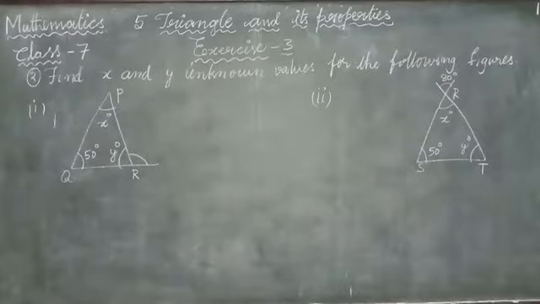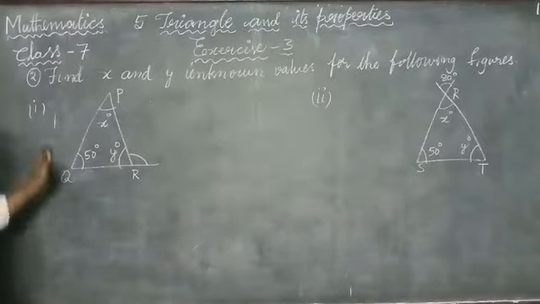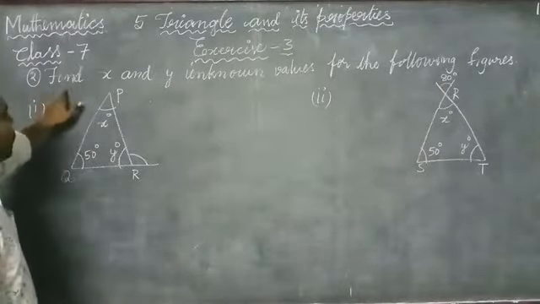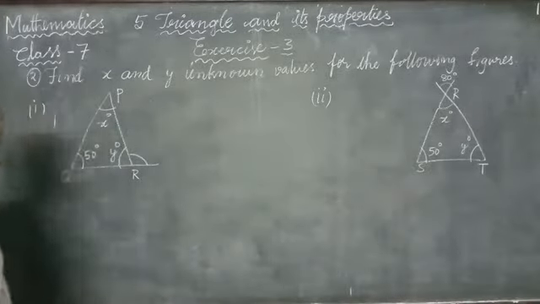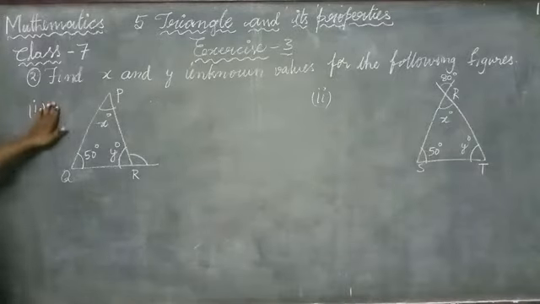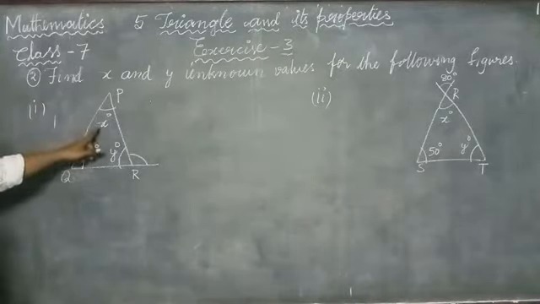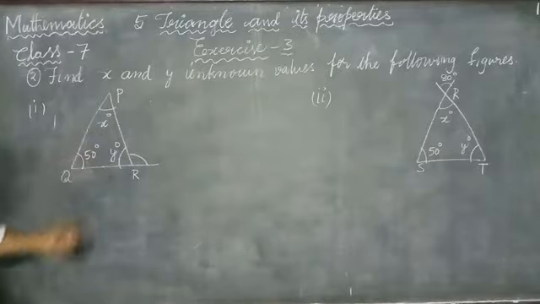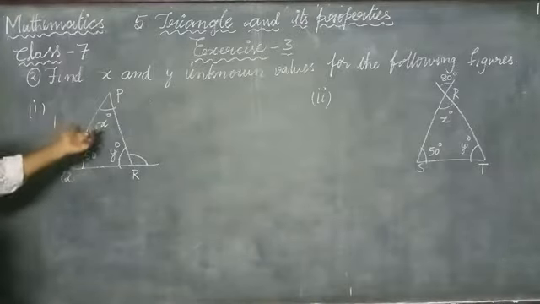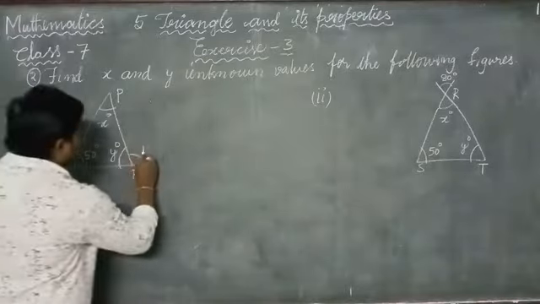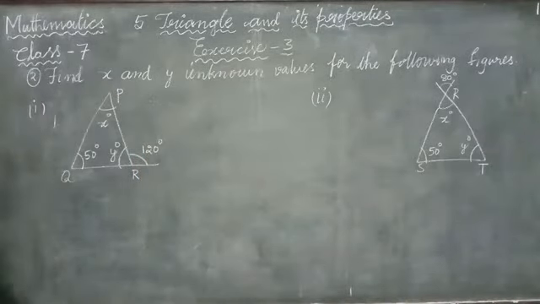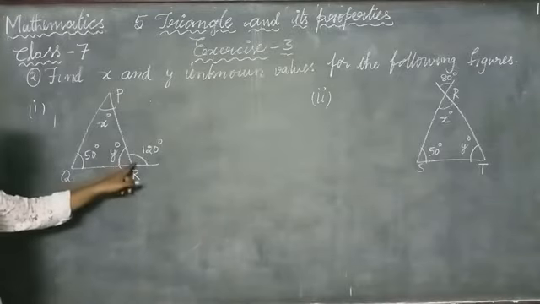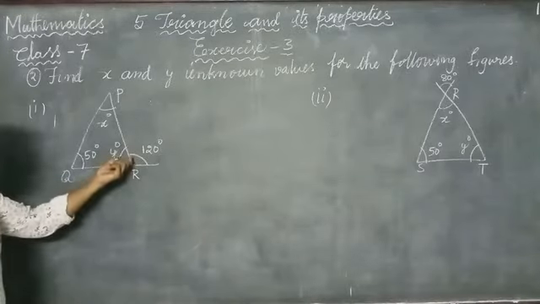Let us see the second problem in exercise 3. Find x and y unknown values for the following figures. Okay, here they had given the triangles. Now we have to find out the x and y in this triangle. Here they had given triangle PQR, and along with the triangle they had given the linear pair of